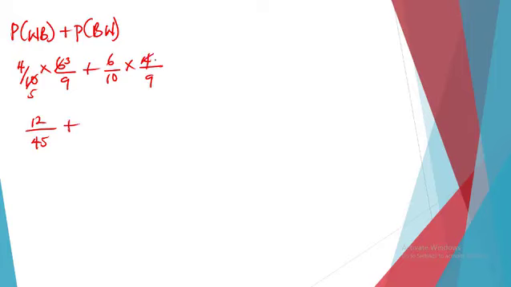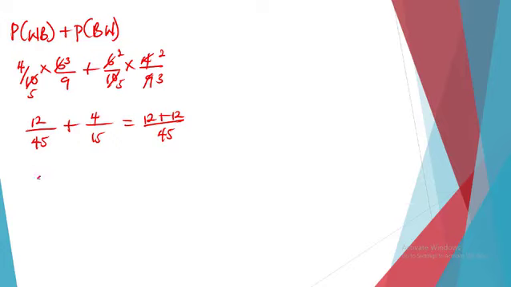2 can go here to give us 2, 2 can go here to give us 5, 3 can go here to give us 2, and 3 can go here to give us 3. So we have 2 times 2, which is 4, all over 5 times 3 is 15. We take the LCM, 45. 45 into itself is 1 times 12. We have 12 plus 15 into this is 3. 3 times this is